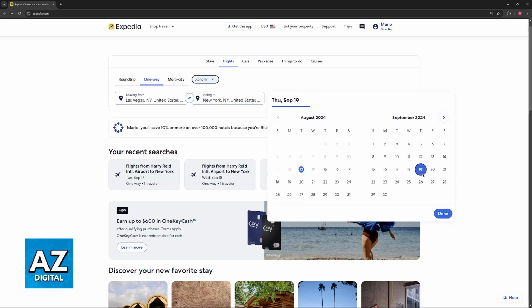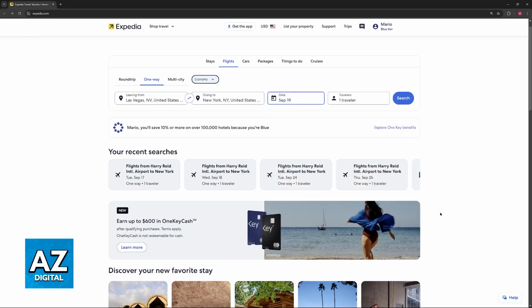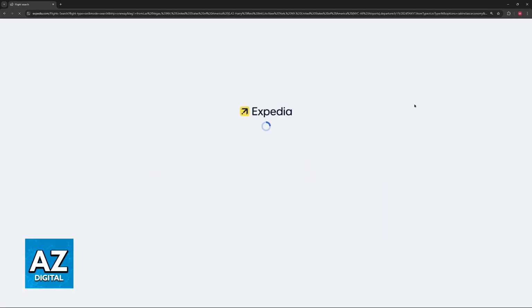Since I chose a one-way flight, I only have to select one date, but if you chose something like a round trip, you will have to select two dates, one for the departure and another one for whenever you go back. So set up the dates accordingly, and then choose the amount of passengers. You can choose between adults, children, infants on lap, and infants on seat, and you can follow the age guidelines here right underneath the specific category. Make sure that you select this appropriately because all of the passengers will need to have their contact information confirmed at the end, and if you are satisfied, click search.